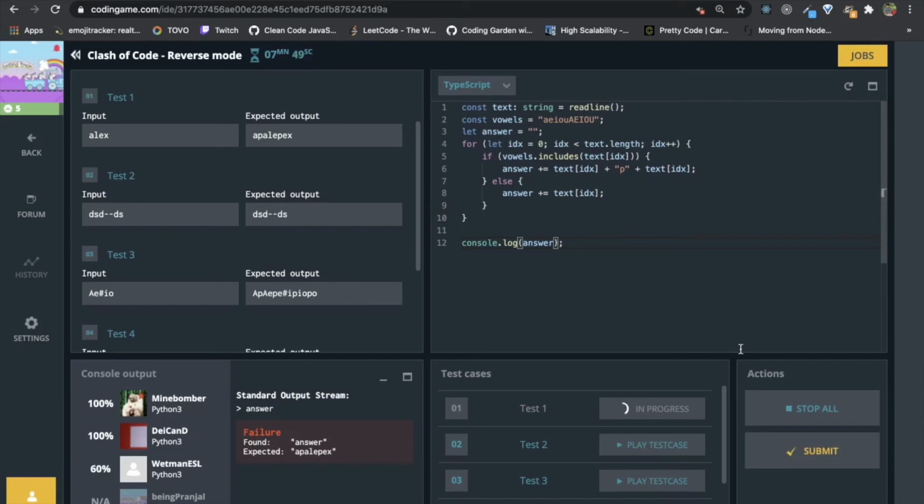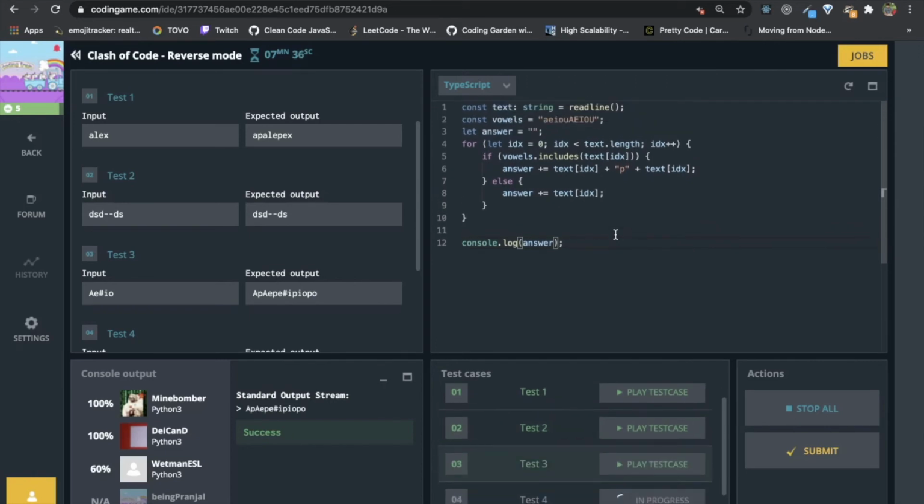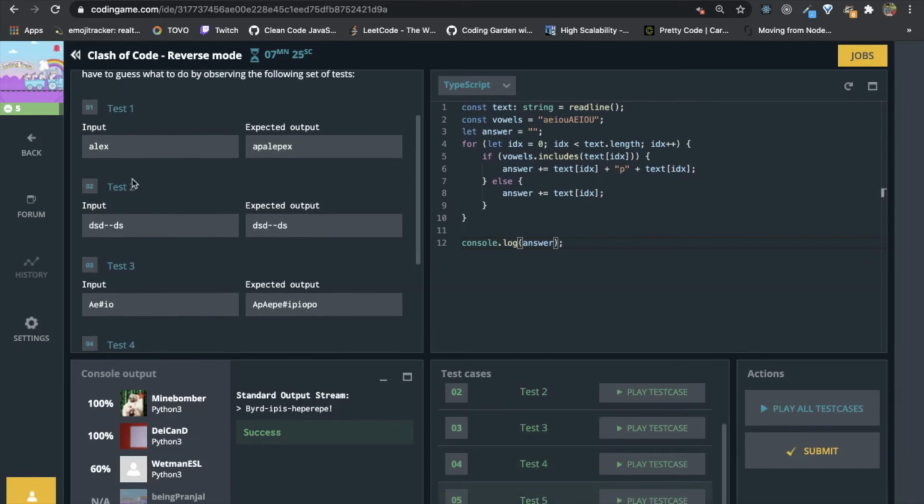Let's see if it passes. I hope it works. Let me explain the pattern in this question. For Alex, the expected output was APAL EPEX. If you find a vowel, suppose A is a vowel here, we append it with P, and then after P append the vowel which you found.